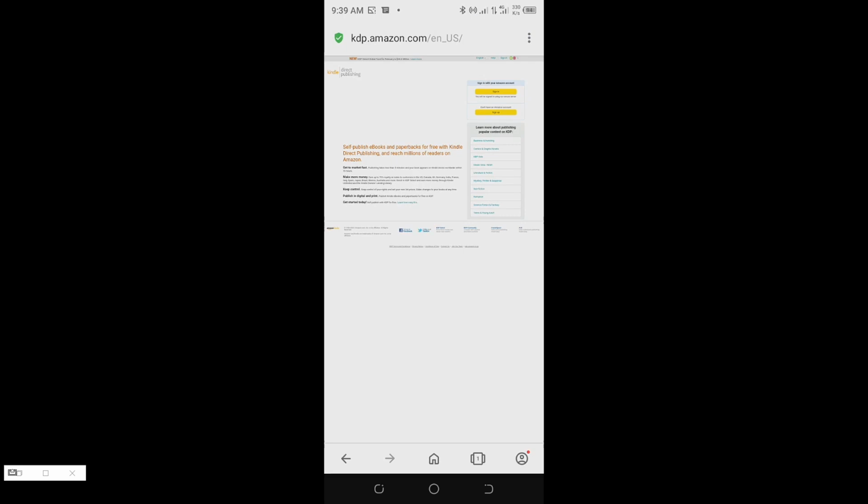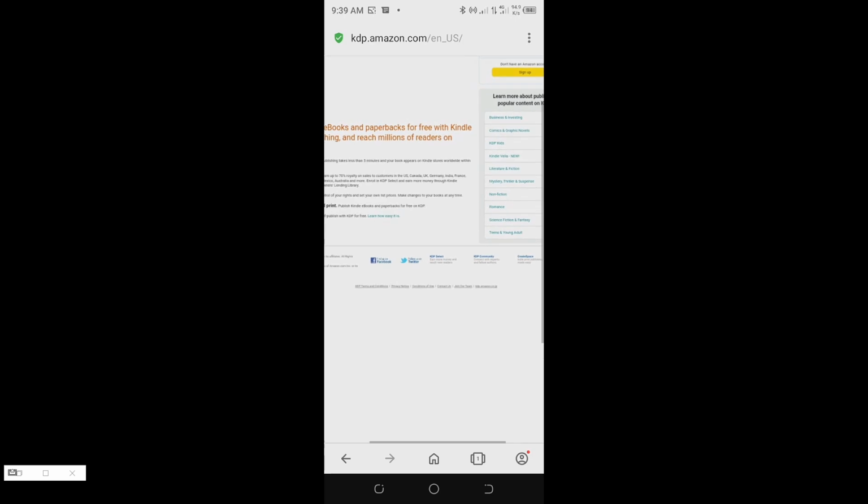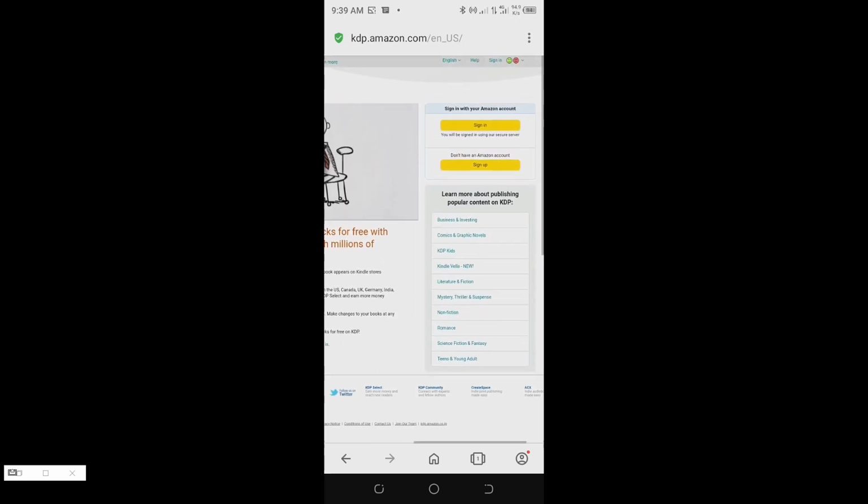So once you click that, the KDP account is going to load up right here. As you can see how it's showing up right here. Let me zoom in on this a little bit so that you'll be able to see it. Now here you are going to see a sign in again and sign up, but because we have created